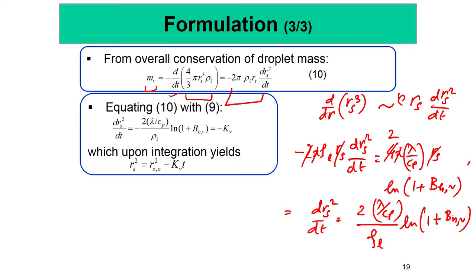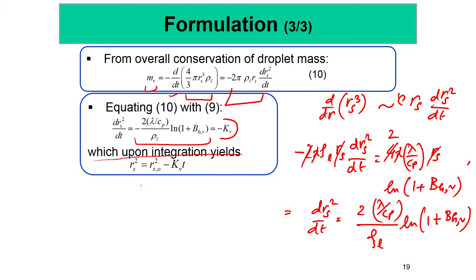Okay. And of course if we integrate this and we call this the droplet vaporization constant, which is k, because you see these are all constant for this particular problem, upon integration this yields this thing,